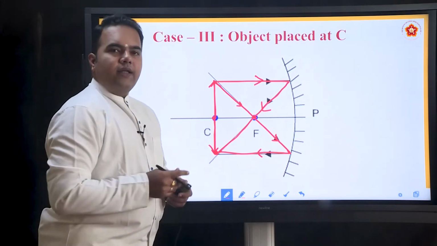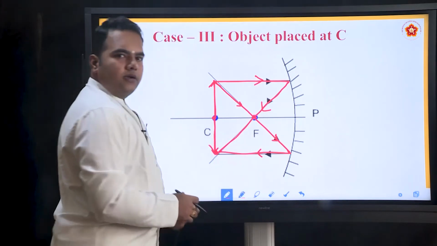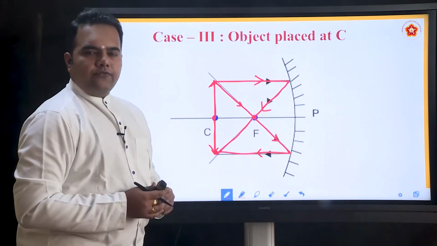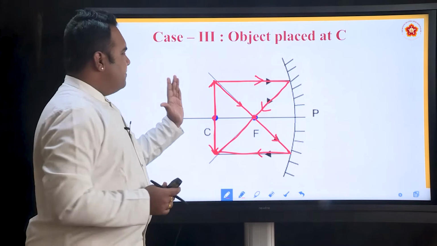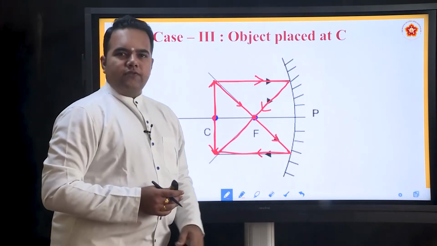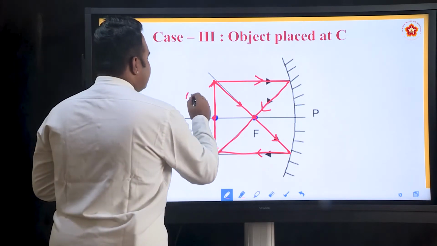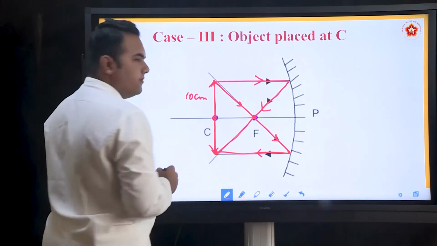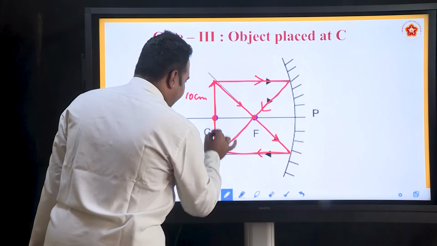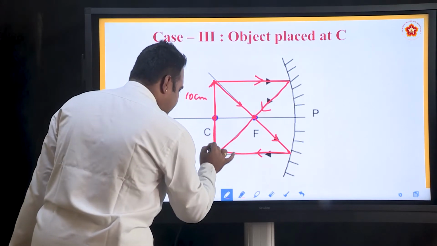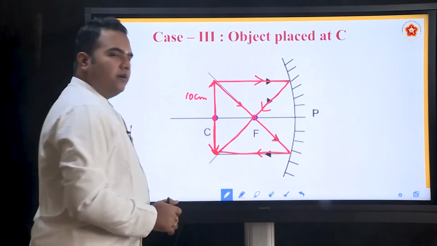All this can be verified in the laboratory, and once you know the focal length of the mirror, compared to the focal length you know where to mark the center of curvature. Now, at infinity, beyond C, at C, as you keep placing different objects at different positions in front of the mirror, you can actually verify all of these. Suppose you place a 10 centimeter tall object at C in front of a concave mirror, exactly you can locate the image at the same point with the same dimension. The object is 10 centimeter, the image is also 10 centimeter tall.